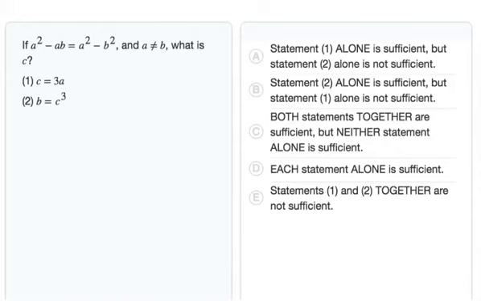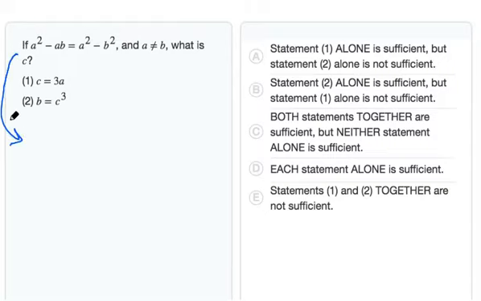To solve this data sufficiency question, we're going to consider each of the statements separately first and then together if necessary. Before we do that, let's take a look at what the question actually asks us. If a squared minus ab equals a squared minus b squared, and a is not equal to b, what is c? Before we actually dive into each of the statements individually, let's go ahead and see if we can simplify